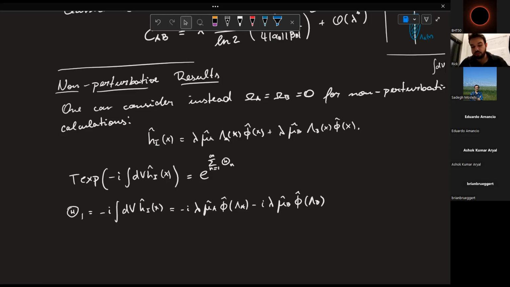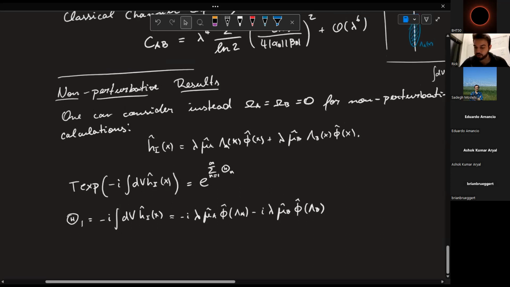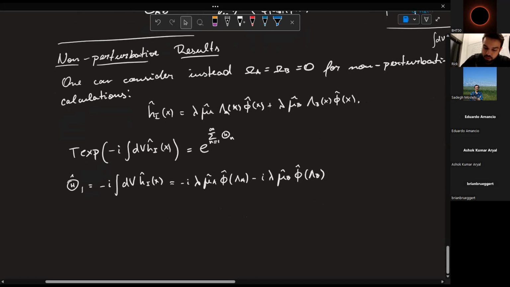The theta_2 will require a little bit more work, but not too much. The theta_2 was given by minus i the integral dv prime, with time ordering with respect to a given time parameter. And now we're going to have the product of the